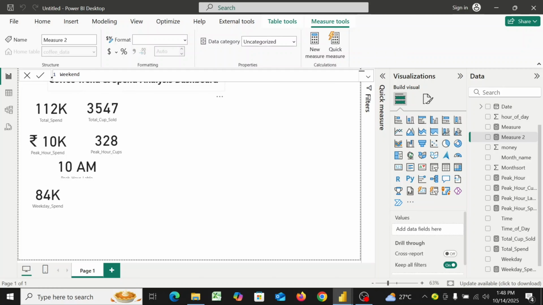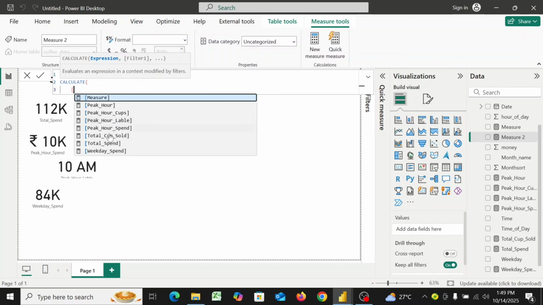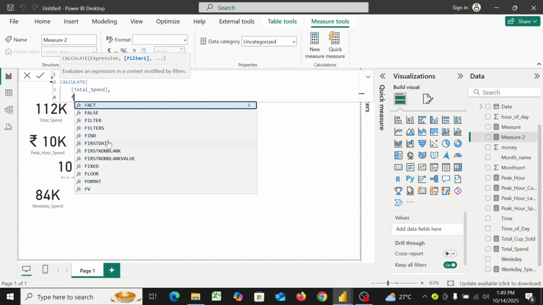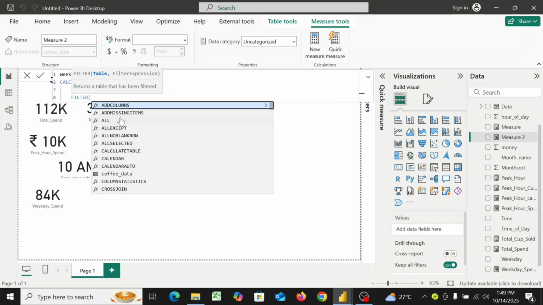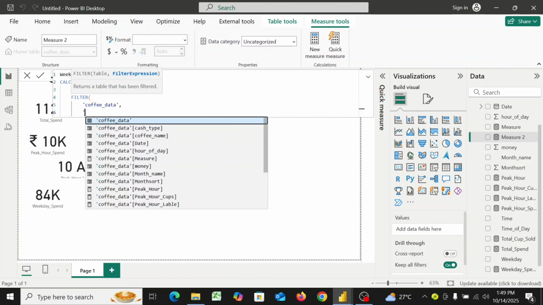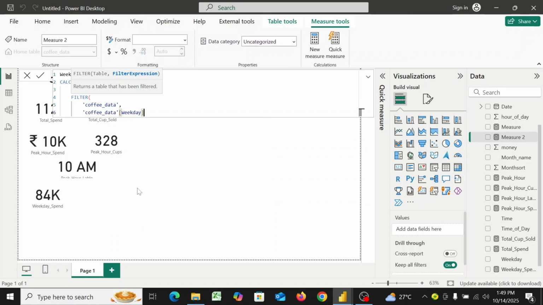Weekend spend equals, use the calculate function to calculate the total spend, comma, filter the coffee data, comma, select the weekday column in,